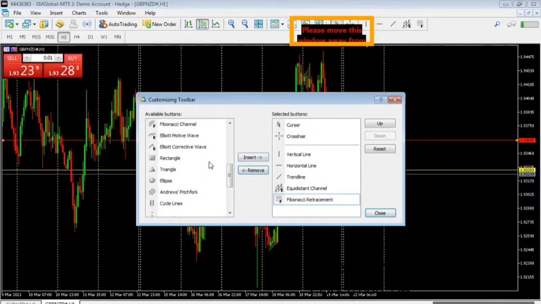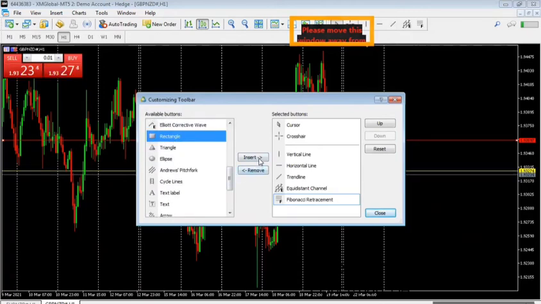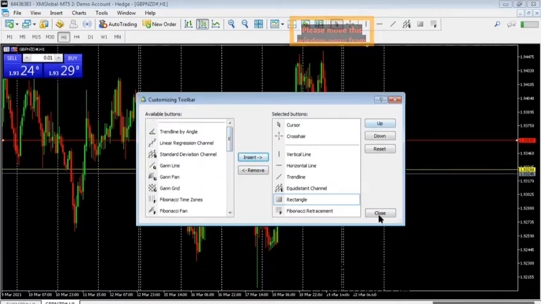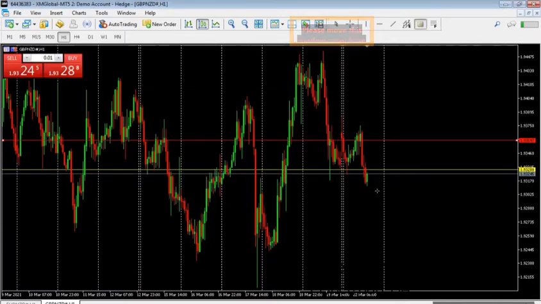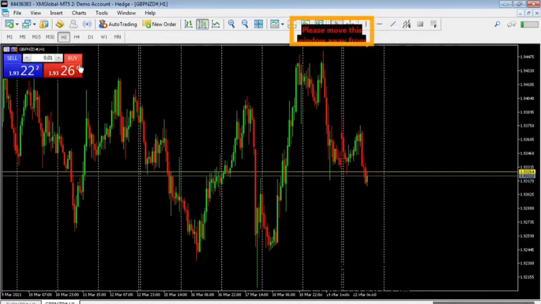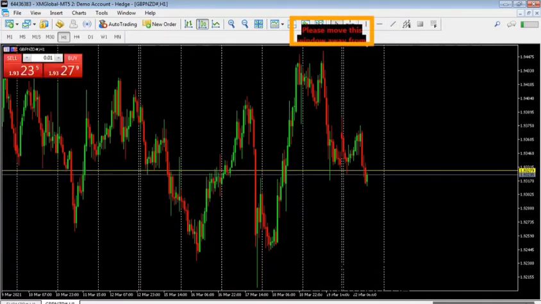Then you come on the other side, available buttons. So now available buttons, you take your rectangle. Okay, now my rectangle, I can draw my nice boxes. And what I'm busy looking at is the market, how it's behaving, busy analyzing. So now this is how the tutorial goes, as we go deeper and deeper, I'll show you other tricks